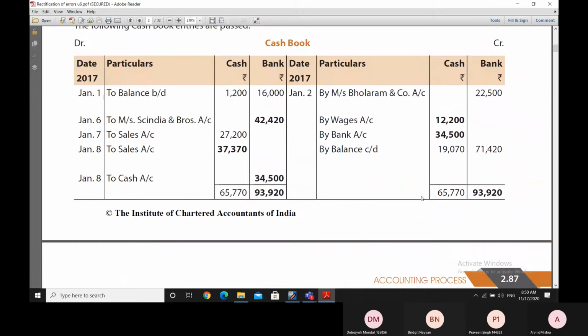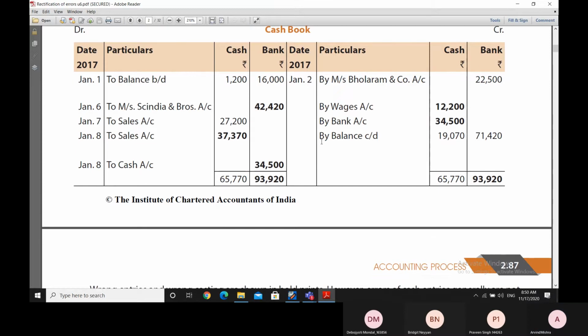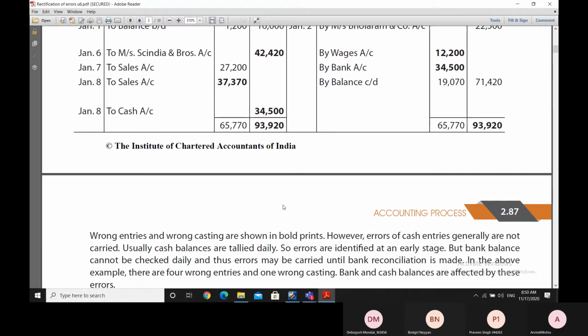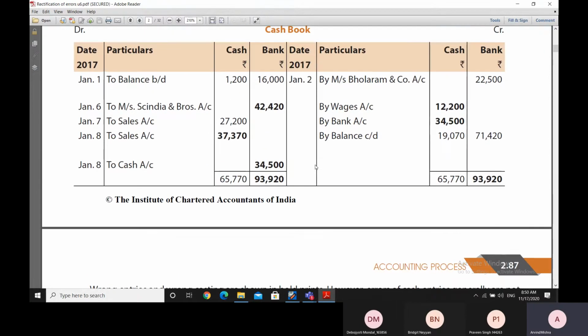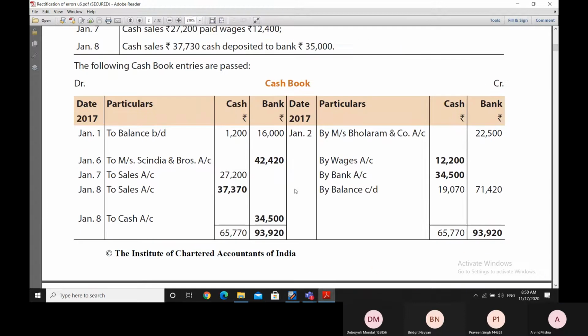So as we can see here, wrong entries have been made and wrong casting has been made. There are 4 wrong entries and 1 wrong casting. So you can say that there are 1, 2, 3, 4, 5: 4 wrong entries and 1 wrong casting,